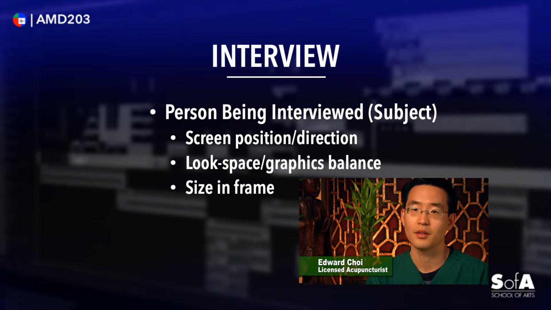Now because Ed is placed off center, he has what's called look space, also known as nose room. This is the approximately 2/3 of the left side of the frame where I've got a plant and a statue that Ed is actually sort of looking toward. And this negative space in the frame not only helps the composition of the shot when it comes to the subject themselves, but it also serves a practical purpose.